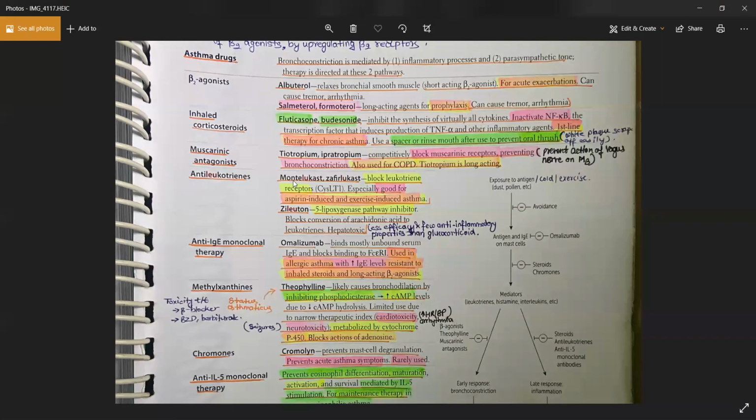Very important: basically, they reverse the action of the vagus nerve. Because ultimately, the vagus nerve acts through the muscarinic receptors. The vagus nerve is releasing all this acetylcholine, and that's why you have the release of acid in the stomach and the bronchoconstriction, right? So these agents reverse the effect of the vagus nerve. Step one can also ask you what is the function of these drugs. So the function is to reverse the effect of the vagus nerve. Then you have anti-leukotrienes, because I told you leukotrienes cause